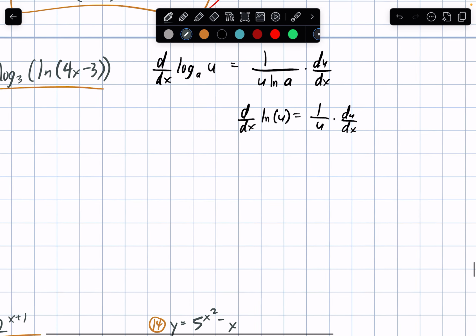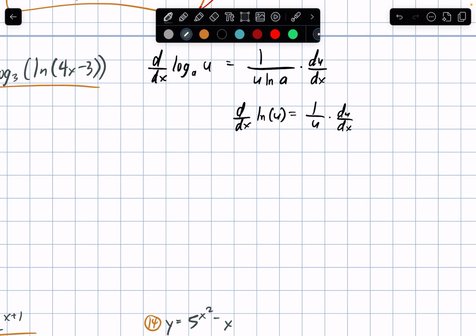So let's find the ln of 4x minus 3 first. U is 4x minus 3. How about the u prime? Well, that's going to be 4. So